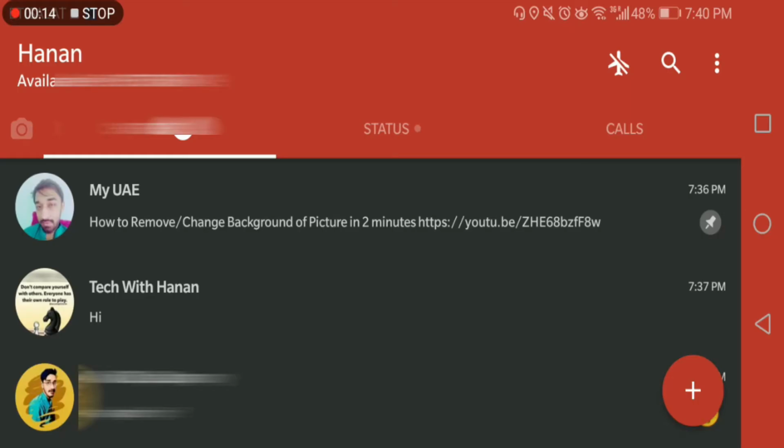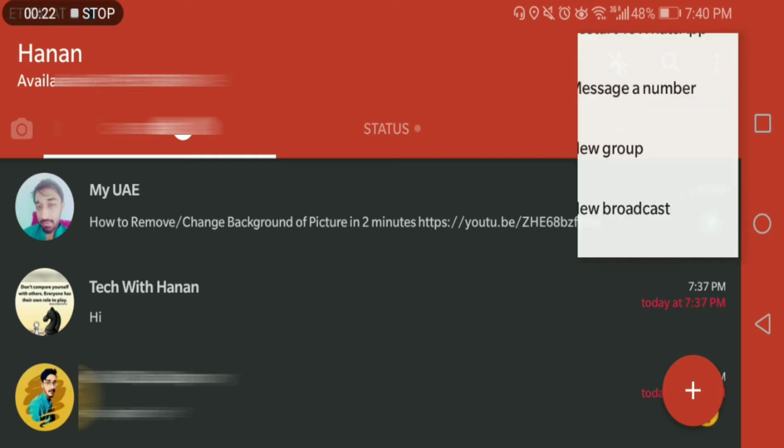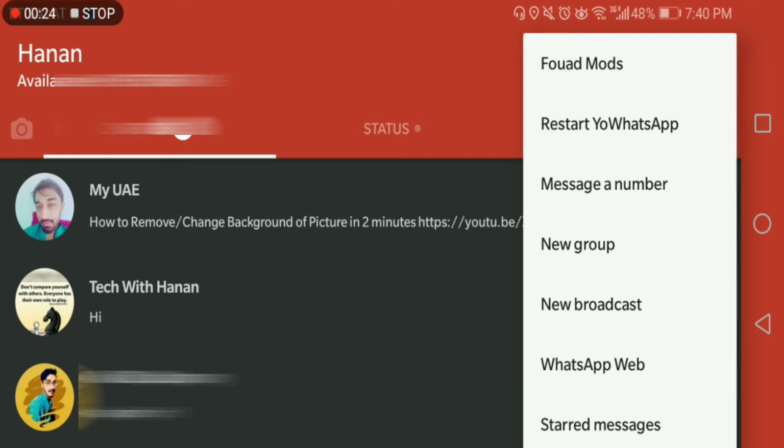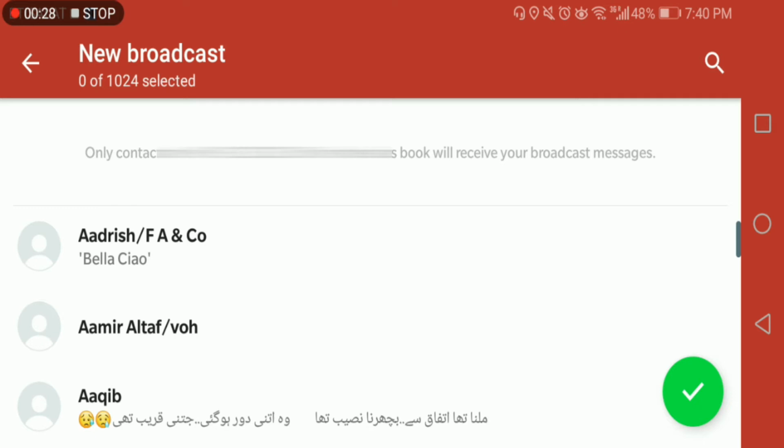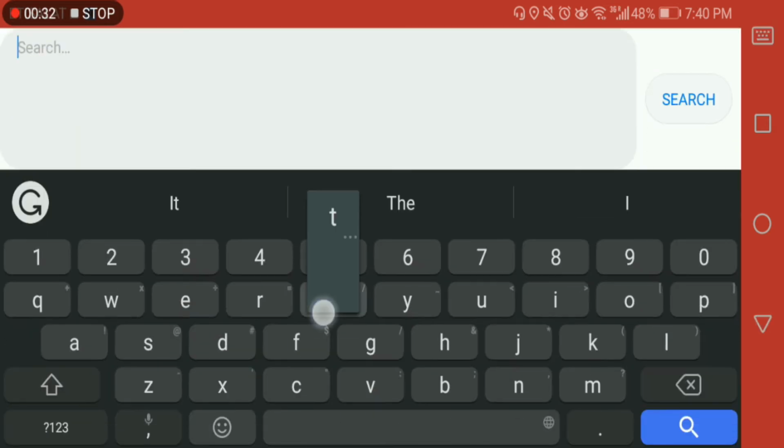Go to the WhatsApp. I have installed, by the way, your WhatsApp. You can install whichever you want. I mean the official one as well, WhatsApp Business, both. Just click here and you will see new broadcast, and you need to add the number. You can add number. Let me add